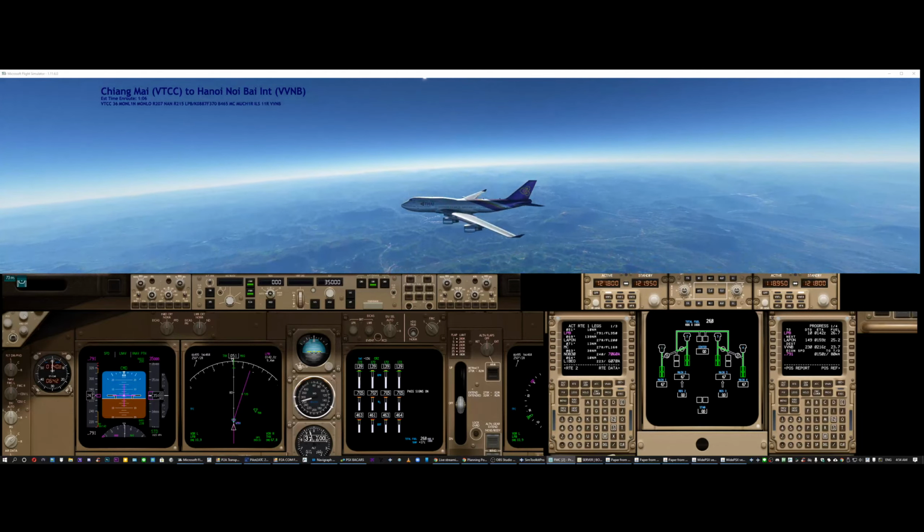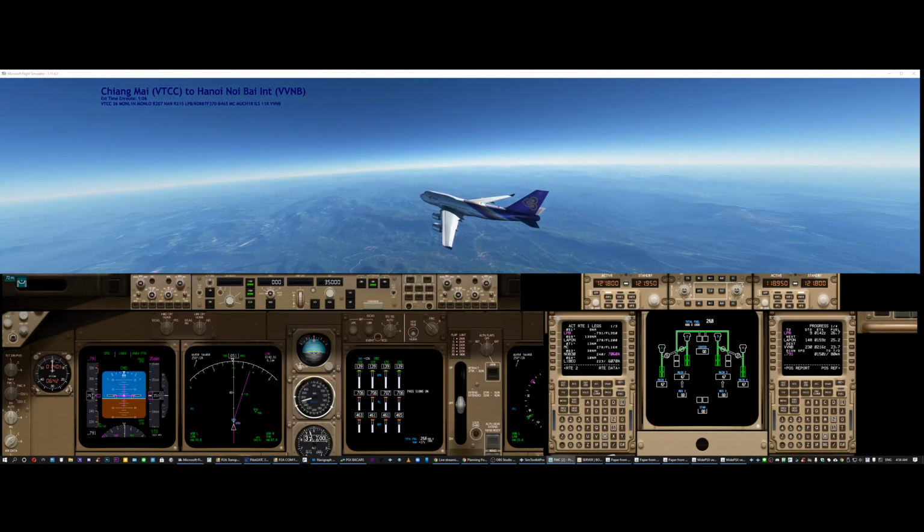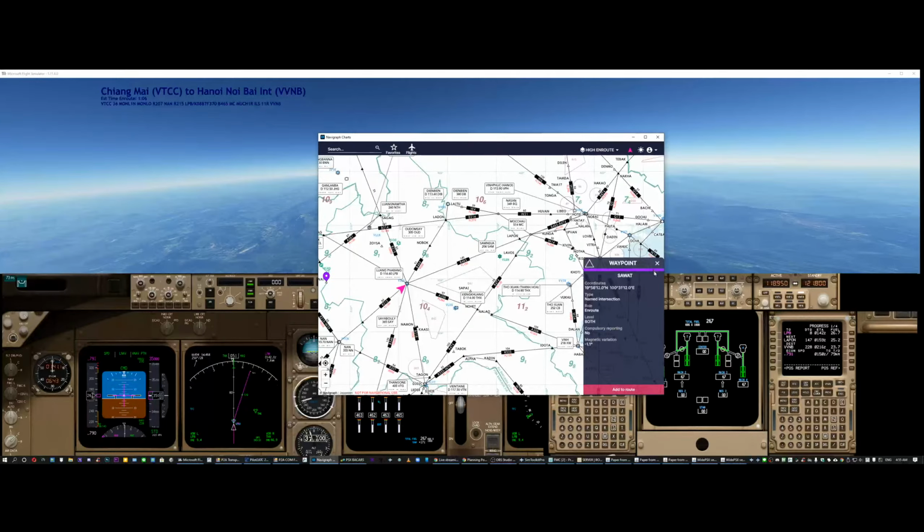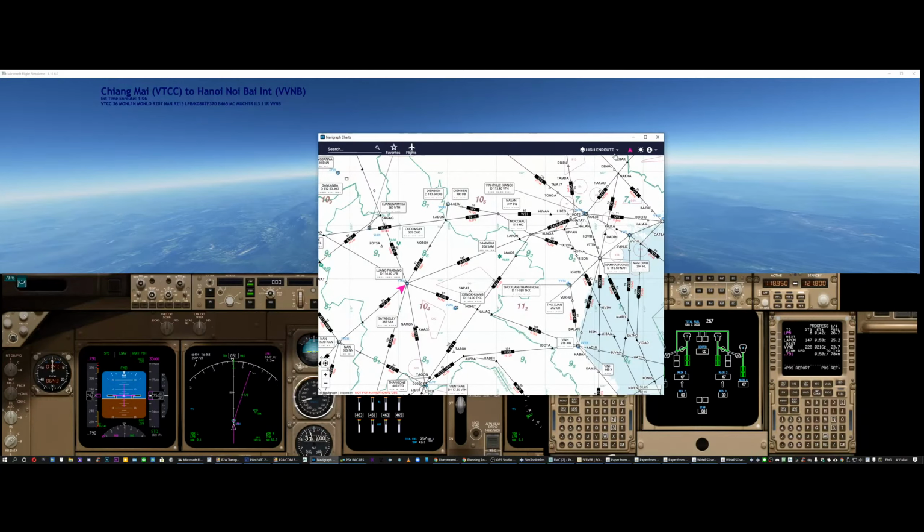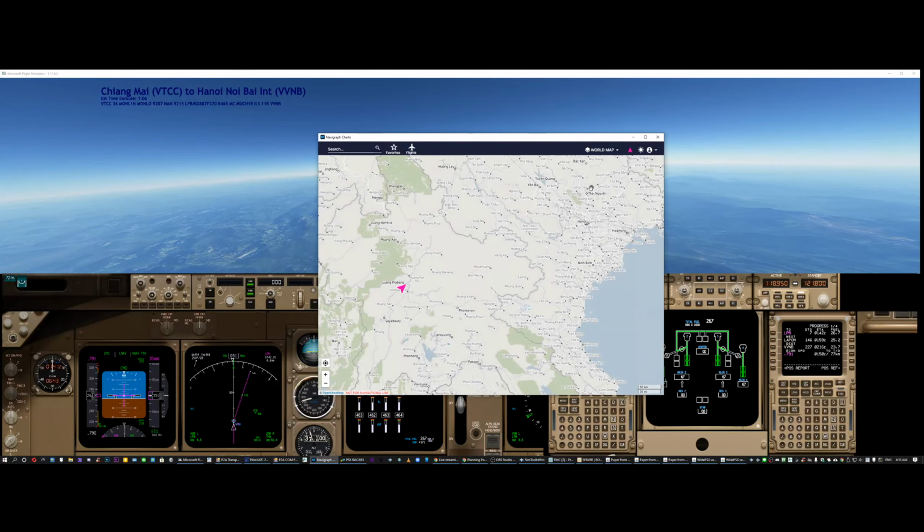But that's magnificent. That really is magnificent. And actually, what I can do is, you can take a look at that. But if I bring Navigraph over here, and I bring up the world map on Navigraph. Okay, so now we can see geographically where we are. So we're at Luang Prabang, there's not much that I recognize here, except that Hanoi is here,